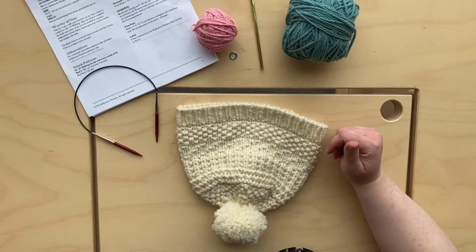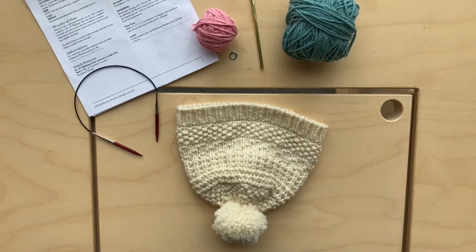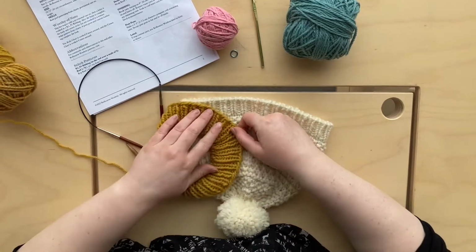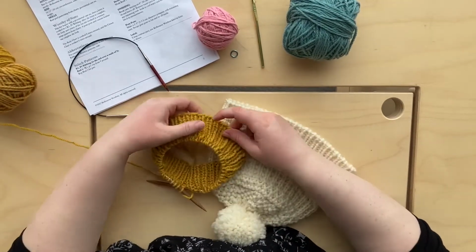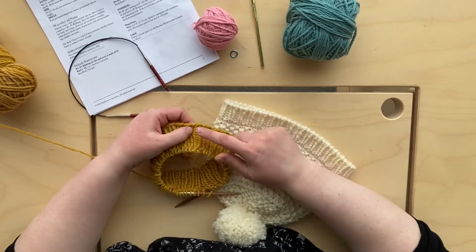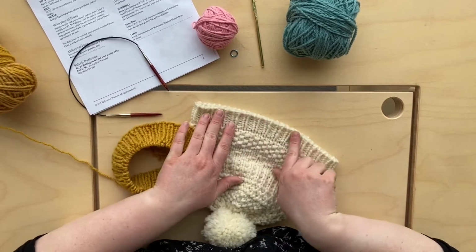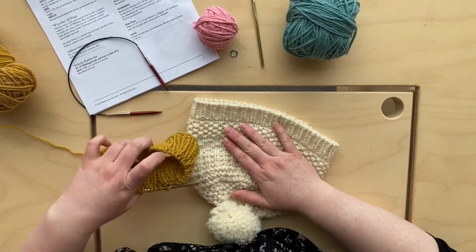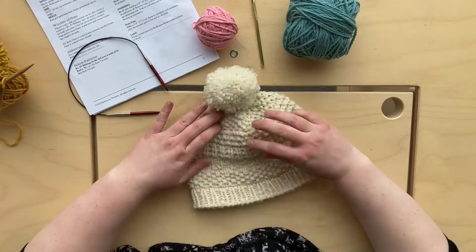And just for comparison, I'll show you what the cast on we did last time looks like. And that's this one here. And you can see there's a line along the bottom for the long tail cast on. And there isn't that line along this edge here. So that's the main technique that we're going to talk about, because we spoke in the last video about how